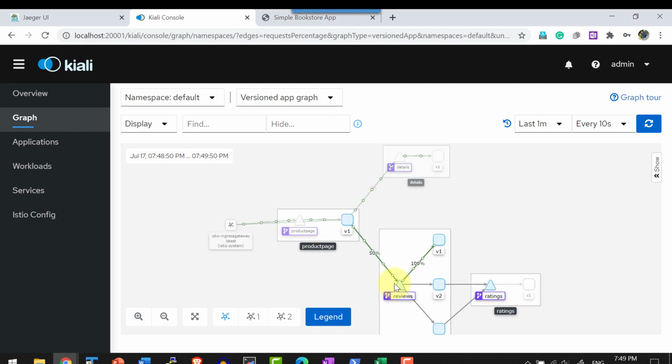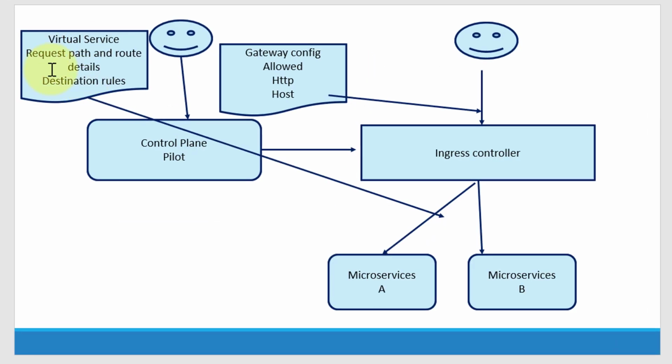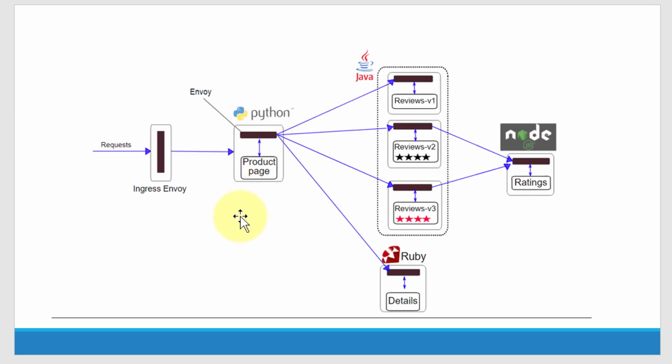You can very clearly see all the requests coming into this particular review are landing in version 1 only. This is the biggest advantage of Istio, where I have configured the destination rules to land the traffic only in version 1 dynamically. So what's going to happen architecturally? Any change that I'm making using the YAML file, the control plane will trigger the event saying there are some changes, and the pilot is going to send those changes to all the Envoy that got registered along with that